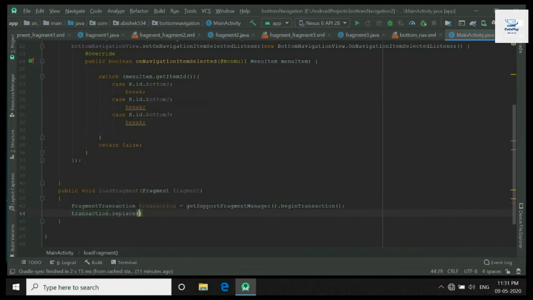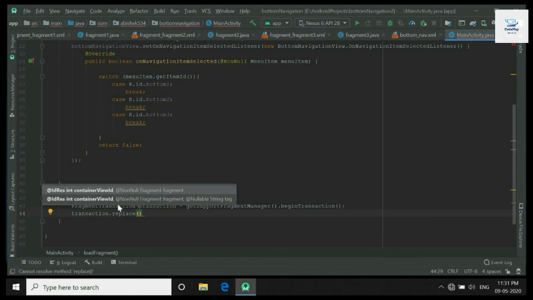dot replace. Now this replace method takes two arguments. First argument is the ID of the container in which we will load the fragment, and second the fragment which will be loaded in the frame layout.